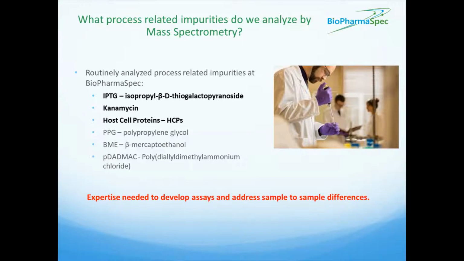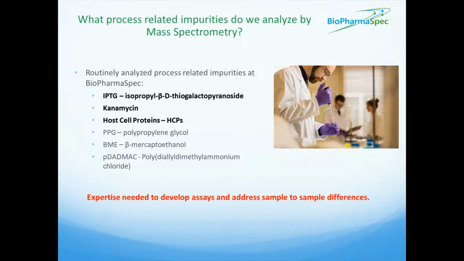method to use. You also need to assess things like limit of detection and quantitation of your specific assay and specific sample. And in some cases, we actually have to discover what mass-to-charge signals and retention times to use as impurity markers. Now, importantly, these challenges can vary quite a bit depending on the impurity being tested and the product that they're in. At BioPharmaSpec, we rely on our considerable experience in both mass spectrometry and biochemistry to address the challenging development of assays, designing and applying methods that will be well tailored to the specific samples and impurities being